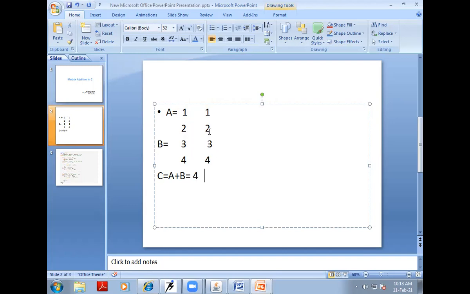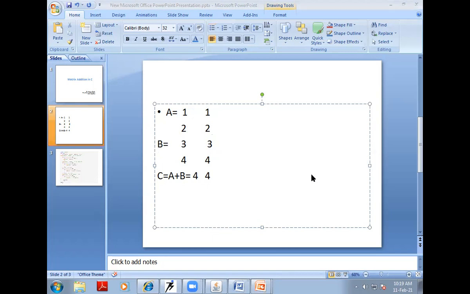Similarly, the second element of the first row and the second element of the first row in the second matrix will also be added, and they will also yield the result 4. Similarly, we will move on to all the different elements of the matrix. So the take home lesson is we add the corresponding elements of one matrix with the corresponding elements of the other matrix to get the sum of the matrices.